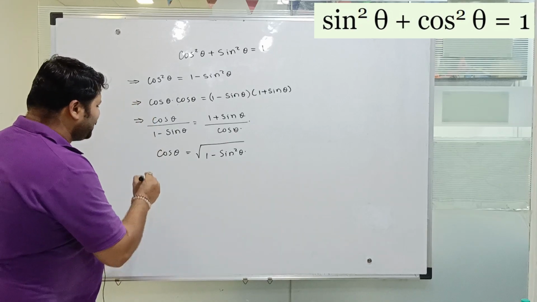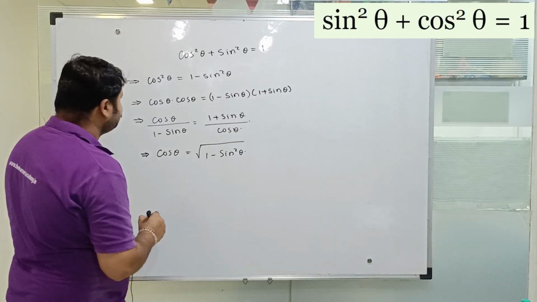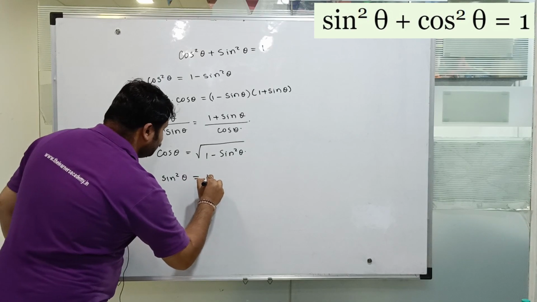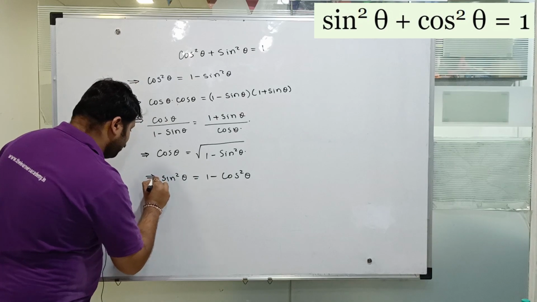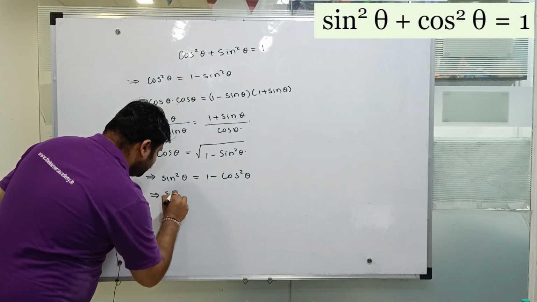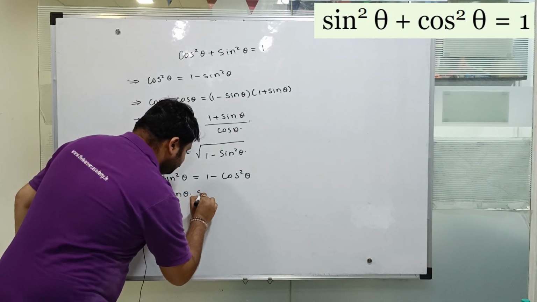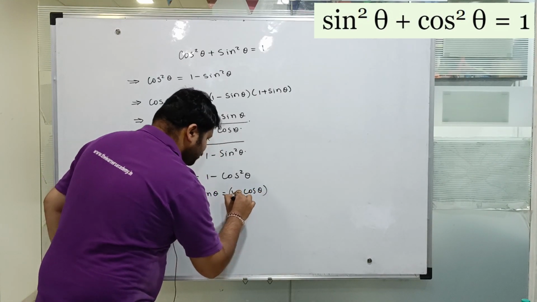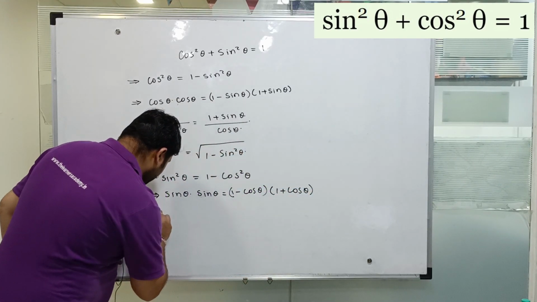I can do exactly the same with cos and get sin square theta is equal to 1 minus cos square theta, or I can write sin theta multiplied by sin theta is equal to 1 minus cos theta multiplied by 1 plus cos theta, or I can also write